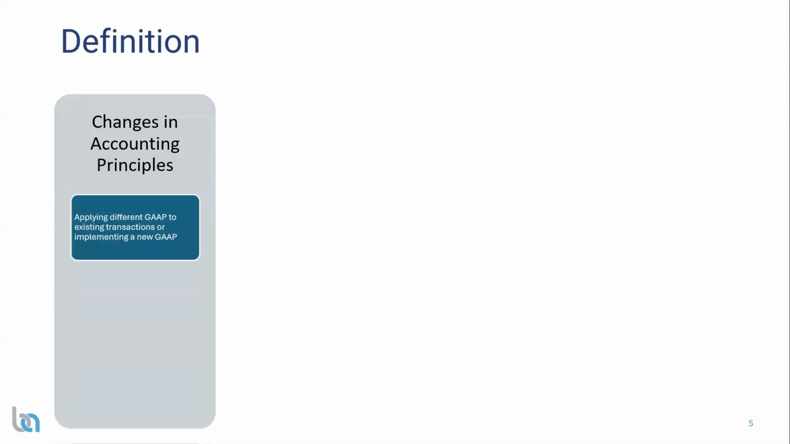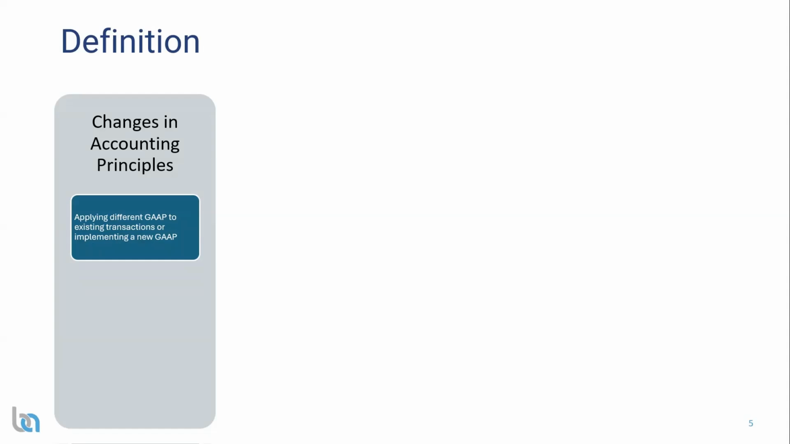That basically is applying a different GAAP to existing transactions or implementing a new GAAP. If you have a new statement like GASB 96 or GASB 87, that's a new GAAP, and you will need to comply with it. That is considered to be an accounting principle change. But also applying a different GAAP on something that you've already been accounting for. For example,